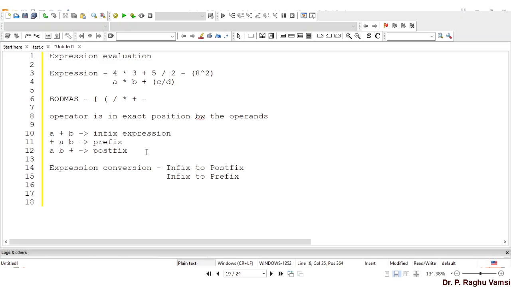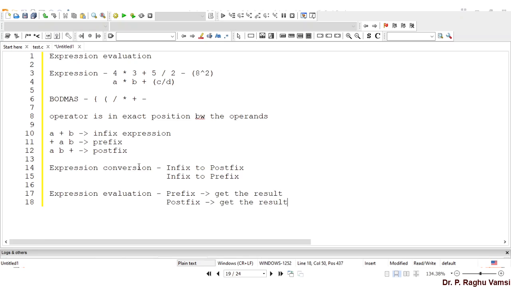Next one is expression evaluation. In this expression evaluation, given a prefix expression, get the result, or given a postfix expression, get the result.